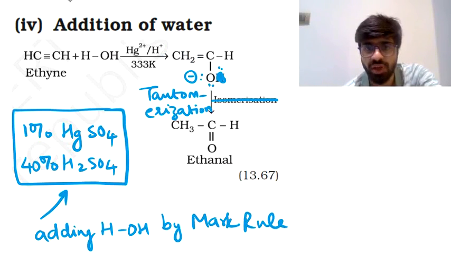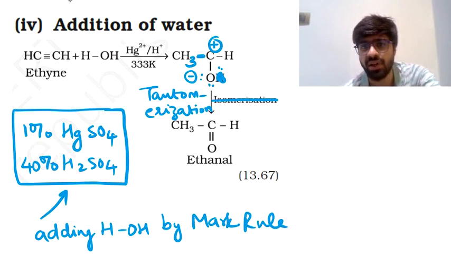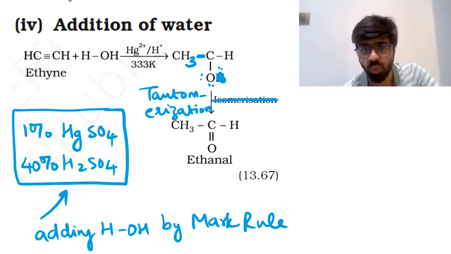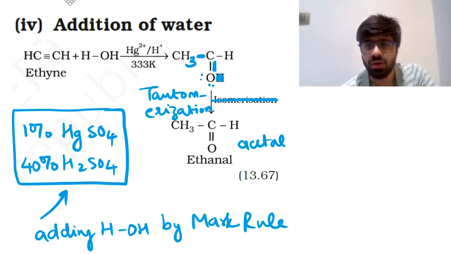So this part is going to become CH3. The electrons from this bond were taken, and ultimately they were lost by this carbon atom, which develops a positive charge. This carbon atom having a positive charge, oxygen has a negative charge. So oxygen shares one electron pair with that carbon atom, forming a double bond. And finally the compound you have is CH3, C, H and a double bond O. So that compound has been written here, and that is acetaldehyde, or the IUPAC name for it will be ethanal.